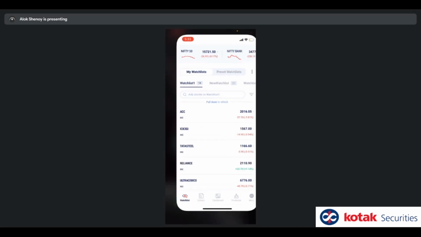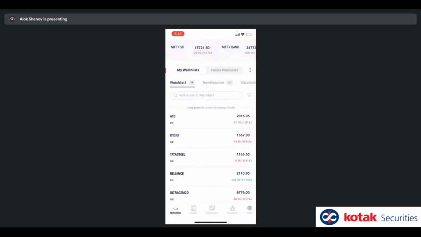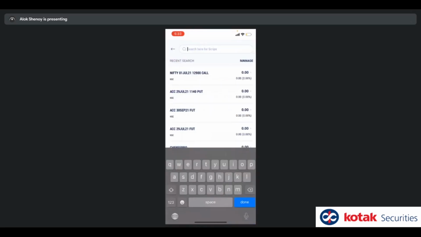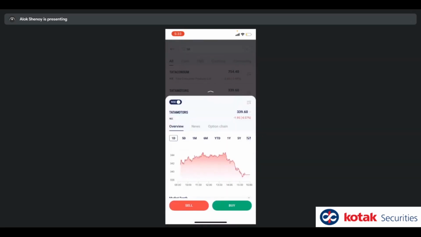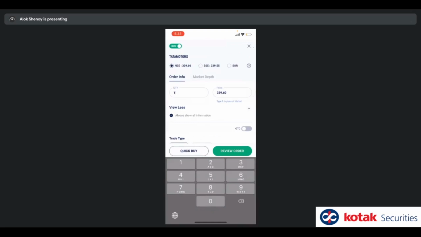The fastest way: I'm going to kill the app and open the app again. The first thing it does is take my biometric and proceed. Now I don't need the watchlist. I just need the search. I'm going to click on search, and for example search for Tata Motors again, because that's the one I keep referring to. It's available in my recent or in my search. Just tap on this entry. I get buy and sell, and I click on buy and I'm already trading. So that was one tap to open search, type in the search field, tap on an individual entry and trade. That's just 3 taps. The 4th tap, you've actually placed your trade.